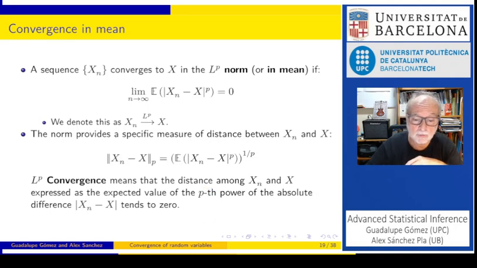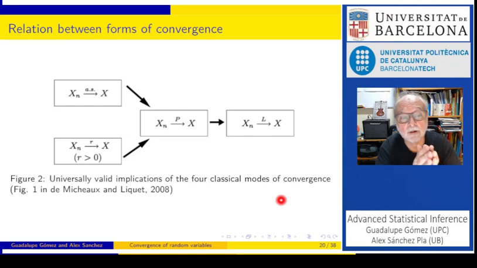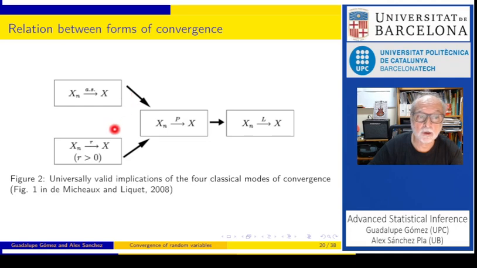Okay, and to end with this first part, what we can give a look at is the different forms of convergence. The relation between the different types of convergence may vary if the assumptions vary, but in general, when the sequence converges almost surely, it also converges in probability. The opposite is not necessarily true. When the sequence converges in mean, it also converges in probability. We don't say anything about the relation between those two, and convergence in probability always implies convergence in distribution.